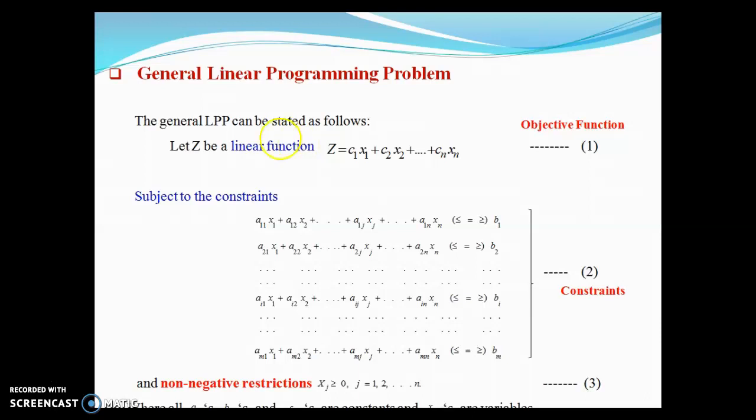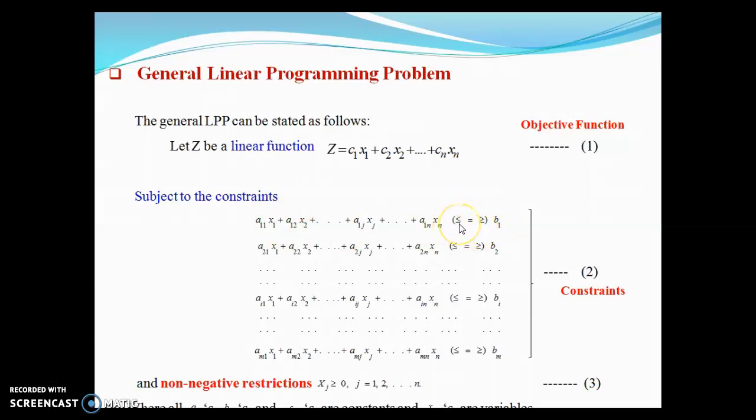So this is the subject to constraint. a11 x1 plus a12 x2 plus and so on plus a1j xj plus and so on up to a1n xn. This is the general form of the linear programming problem, and this